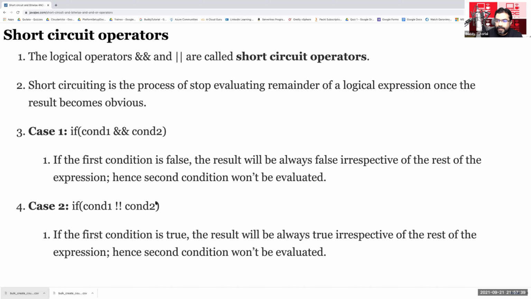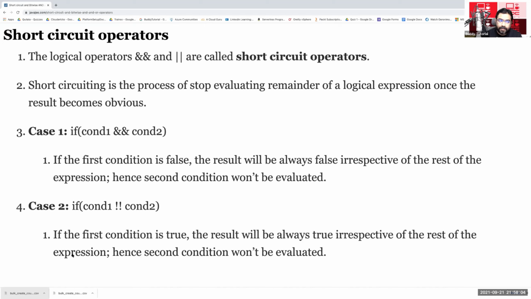It will be true, right? In case of OR. And if the first one is true and the second one is also true, what will be the result? It will also be true. So in case of a double OR operator, or a short circuit OR operator, if the first one is true, the second one does not matter. So Java will not evaluate the second one.